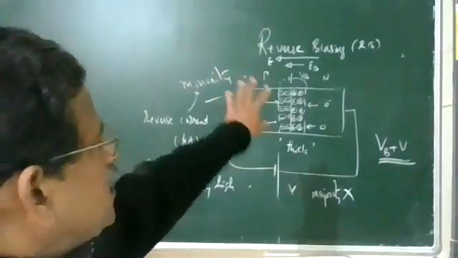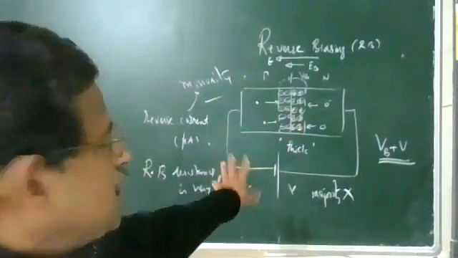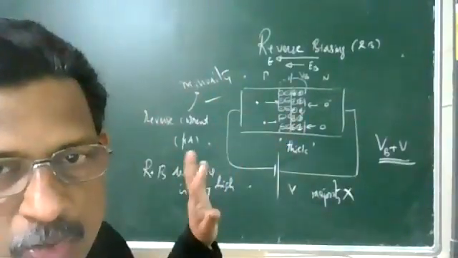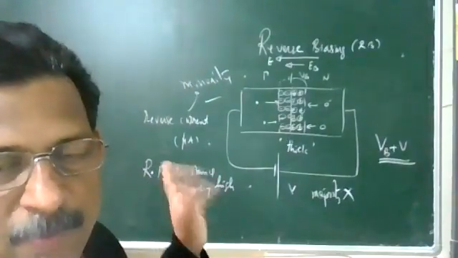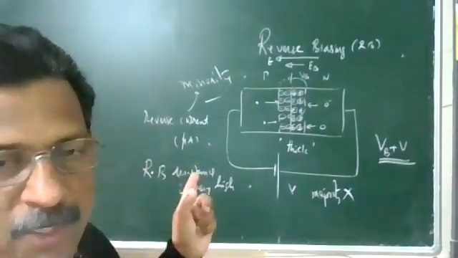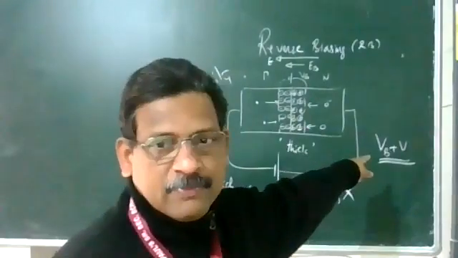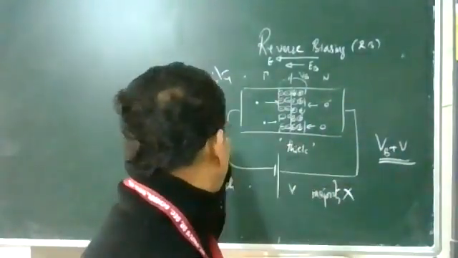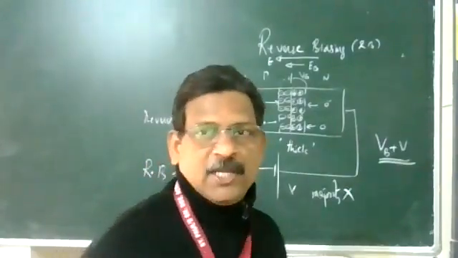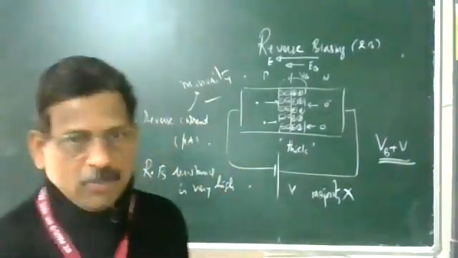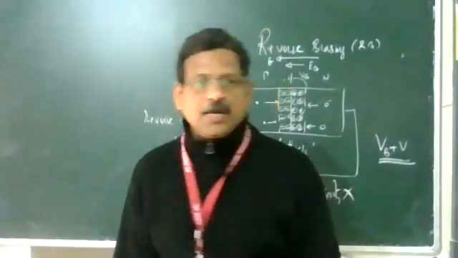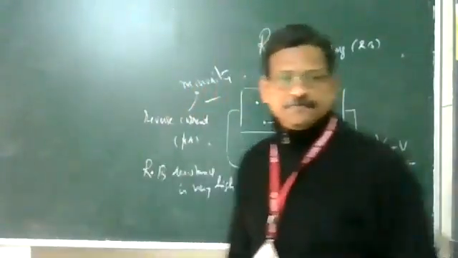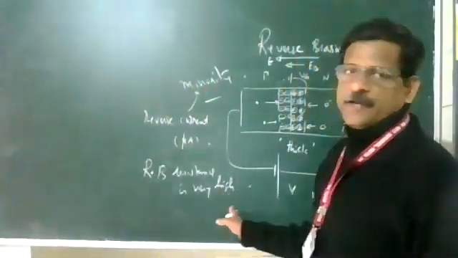So what all things will take place during reverse bias? The depletion layer becomes thick. Why? In both, the electric fields help each other. The applied electric field helps the barrier electric field. So the voltage will be added here, VB plus V, and for minority carriers it's a help. Majority carriers cannot flow, so a small current is produced, called reverse current, and the resistance is very high.